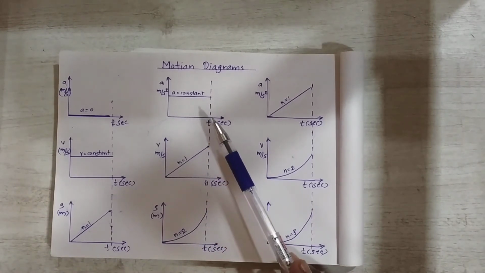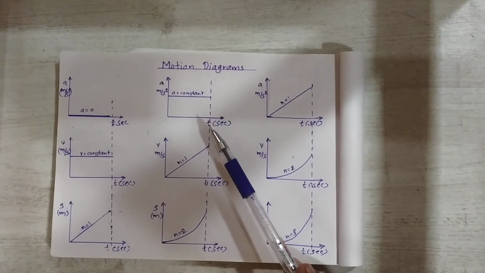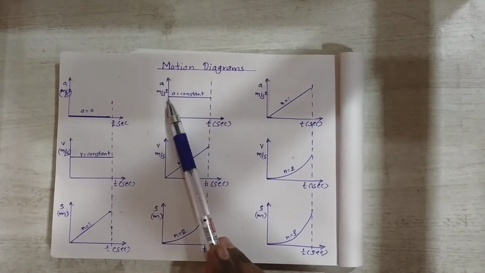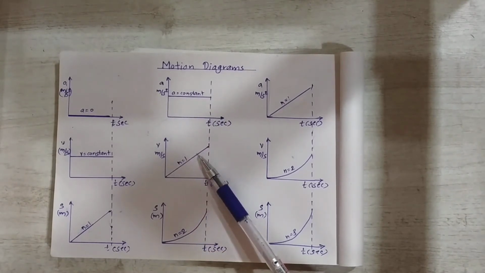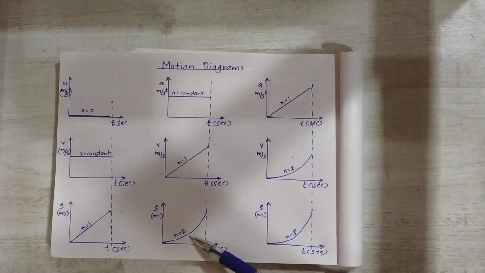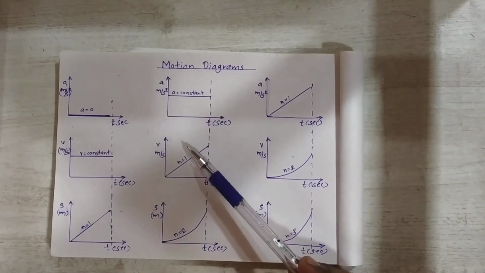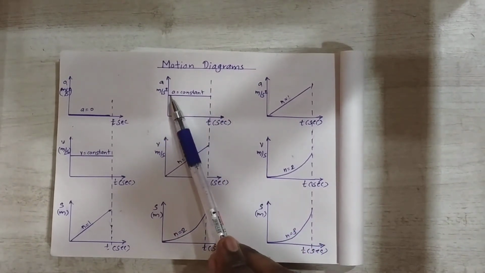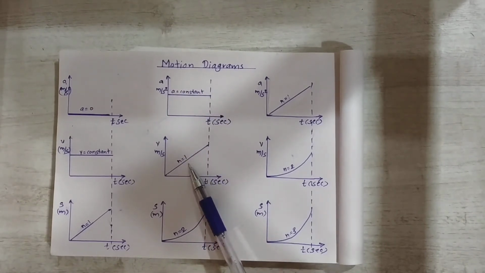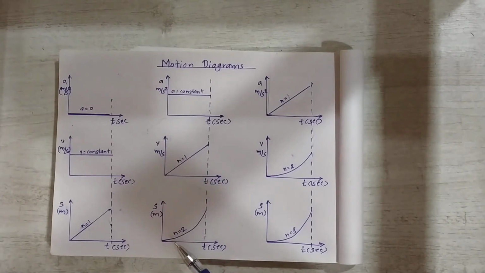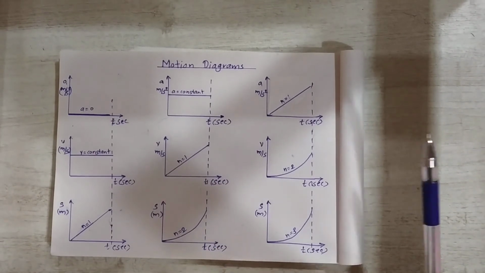When we go from top towards bottom, if this is a horizontal line, below this there is always an inclined line, and below an inclined line there is always a parabolic curve, so the degree goes on continuously increasing. For a horizontal line, degree is equal to 0. For an inclined line, degree is equal to 1. For a parabola, degree is equal to 2. That is, the degree always goes on increasing by 1. Is this clear? Now next one.